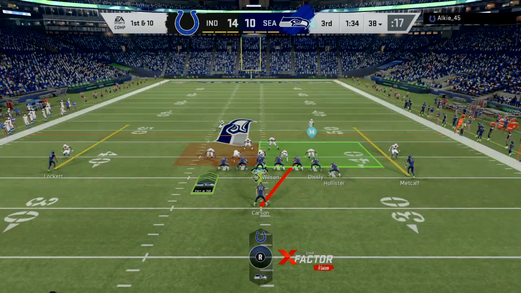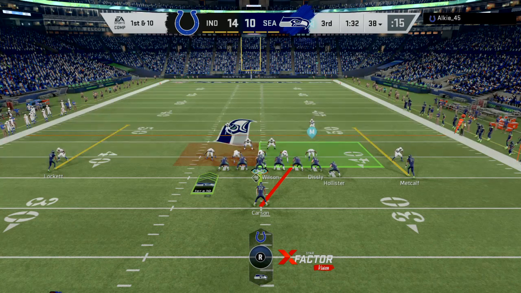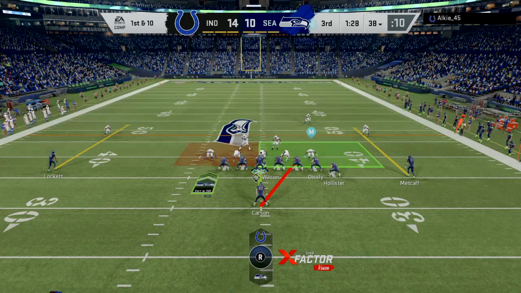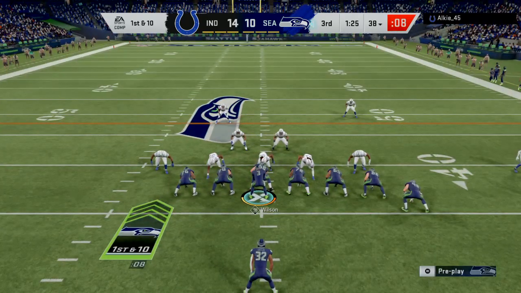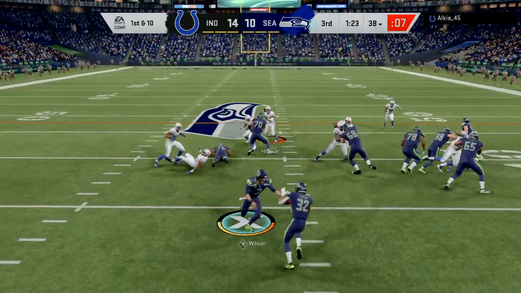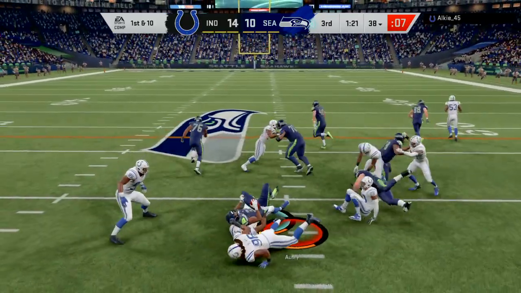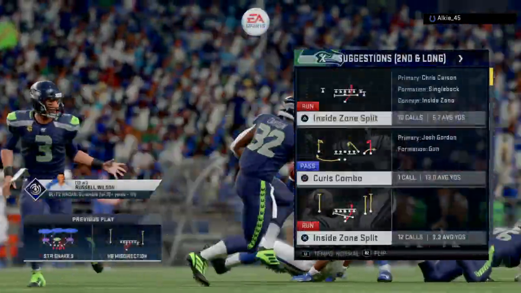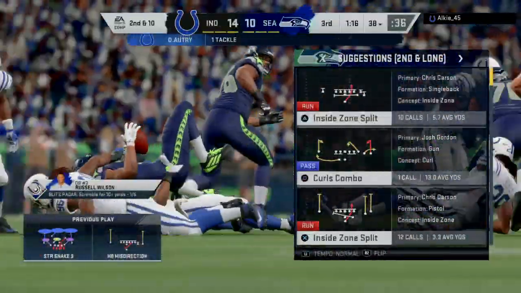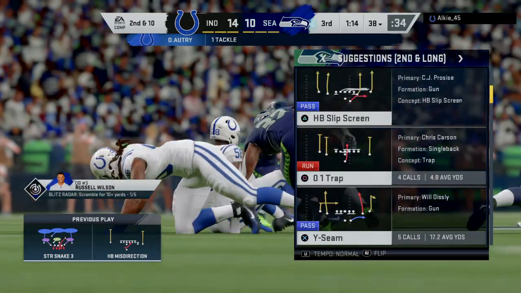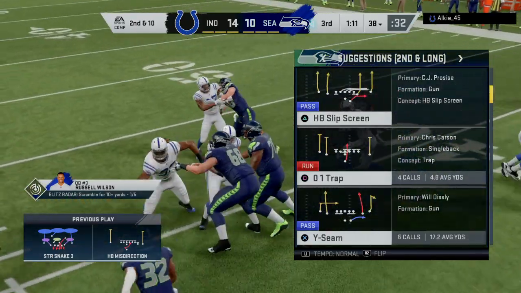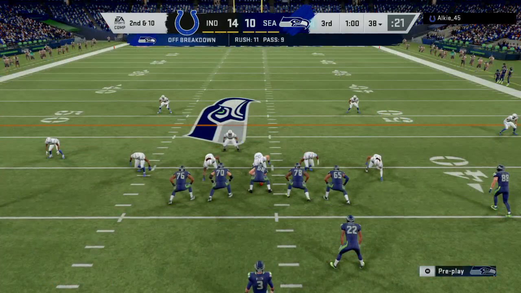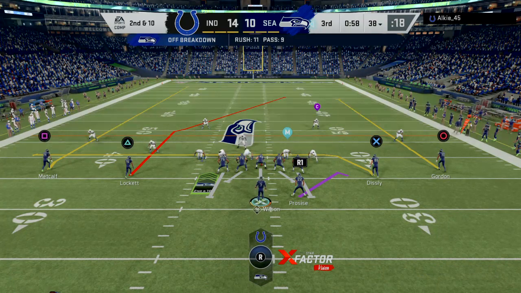From all the way up at the 38 now after a good start to the drive. Here's Carson, and he's going to be stacked up right at the line of scrimmage. Nothing there for him. Second down. Early down stuff to put this offense in a precarious position. We know that securing the point of attack, especially against the big-bodied guys in the middle of this D, has got to be priority one. So after the run for no gain, here's 2nd and 10.